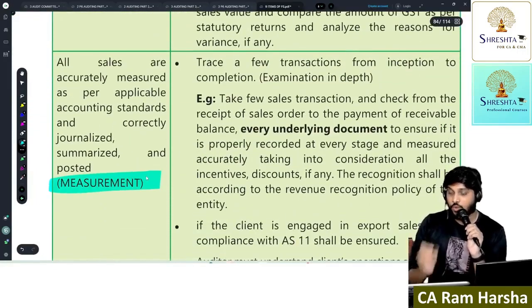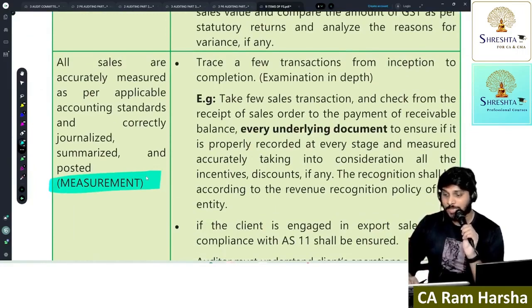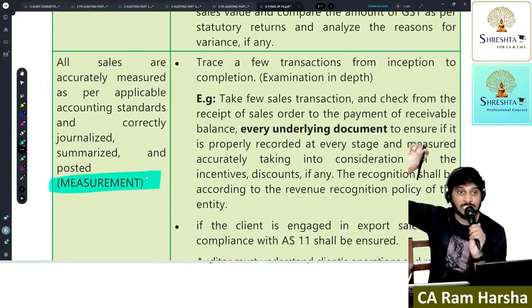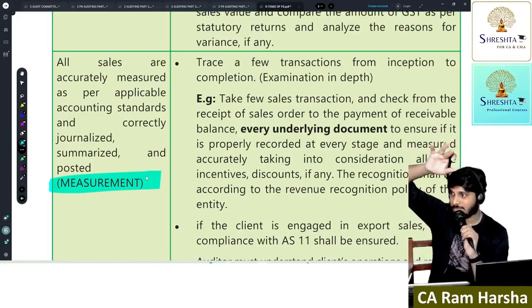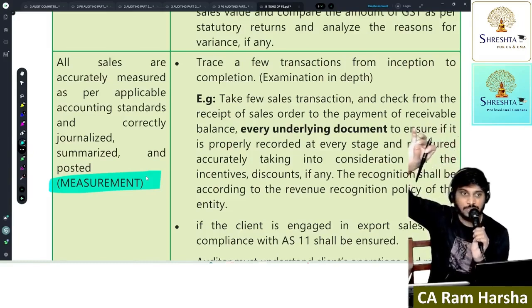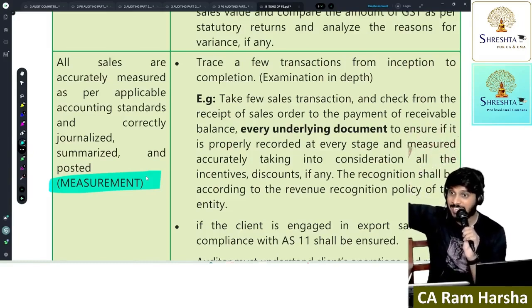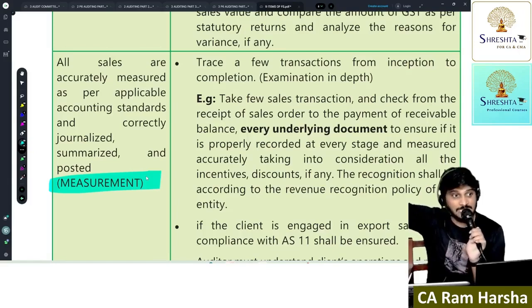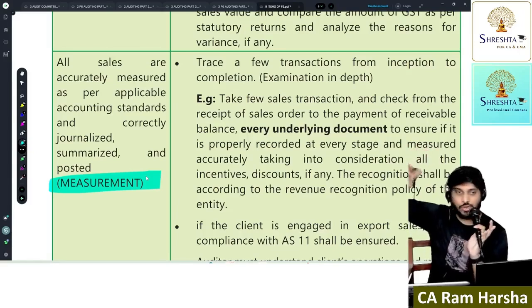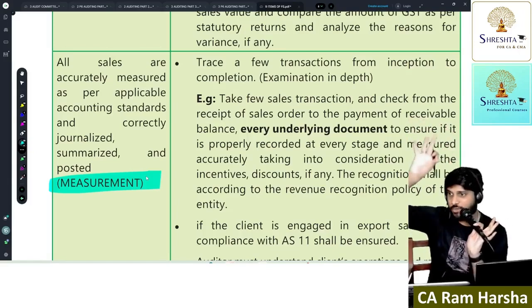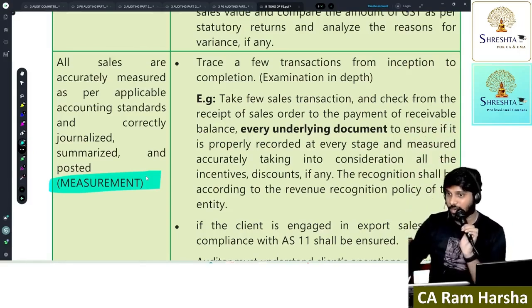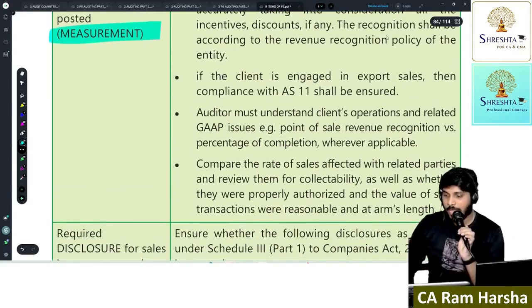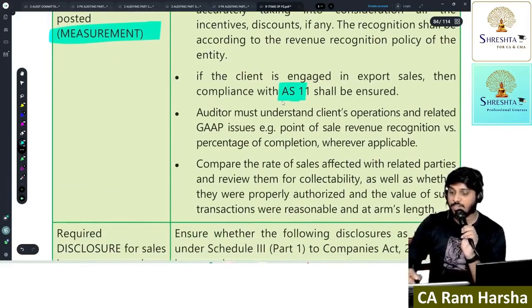Now we will see at what value the sale is booked. Generally, sale will be booked at gross invoice value minus GST. And any freight collected may be booked separately. Getting it? So, gross invoice value minus GST minus freight outward, which is collected from the customer. We will exclude it and then record only revenue from operations. See whether the AS 9 recognition criteria is satisfied or not. We will check AS 9, and especially if it is export sales, AS 11 also we will see.